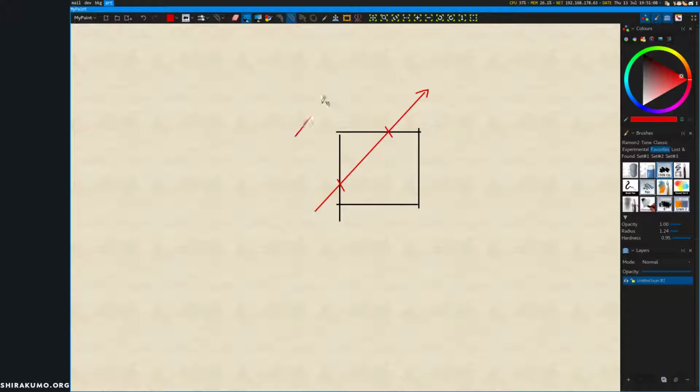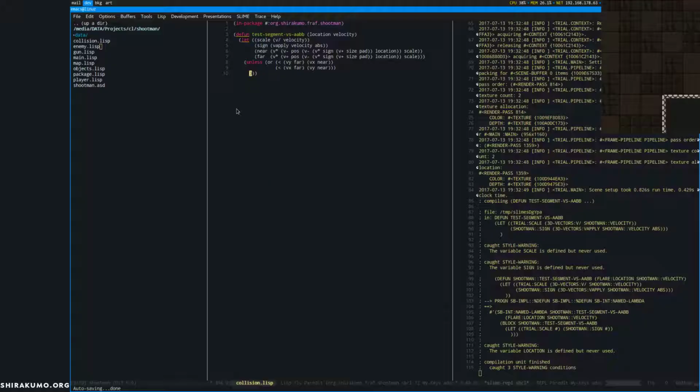And if the ray goes through here, then the near of the x is going to be this, and the near of the y is going to be this, and they don't align, so it doesn't make any sense, they don't collide. So that's the idea behind that. You just need to wrap your head around it once. Vector stuff is fortunately one of the branches of mathematics where you can still